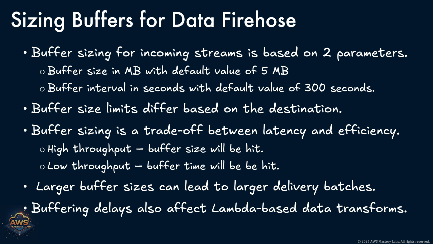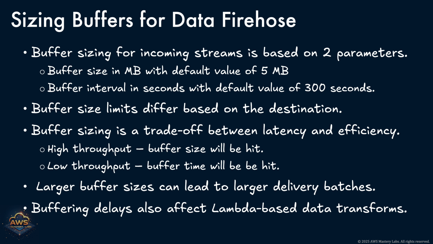Buffering is the mechanism that allows Firehose to collect incoming streaming data and deliver it to the destination efficiently. This buffering is governed by two key parameters: buffer size, measured in megabytes, and buffer interval, measured in seconds. Firehose initiates a delivery to the configured destination when either the buffer size threshold is reached or the buffer interval